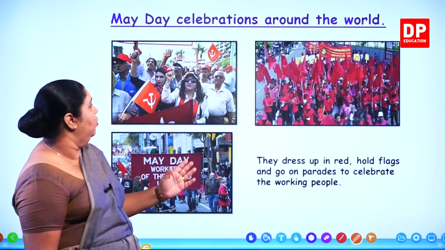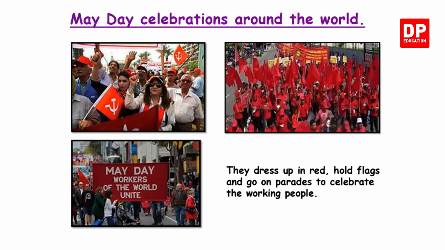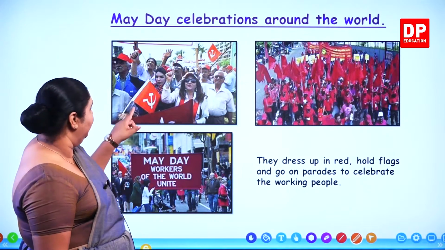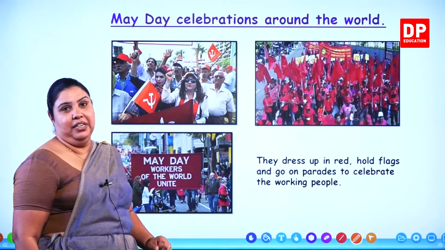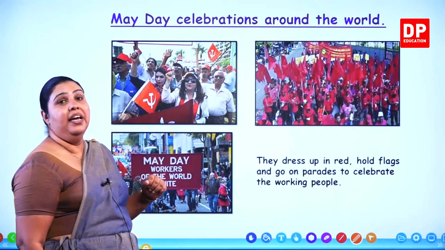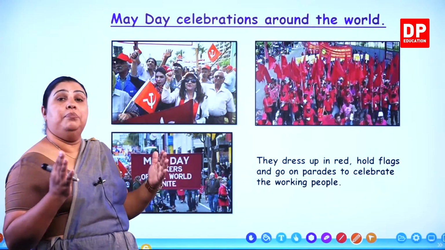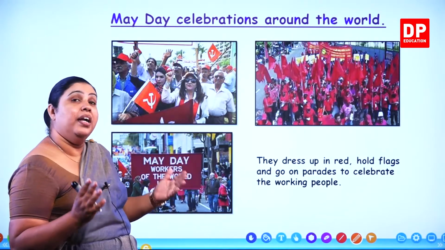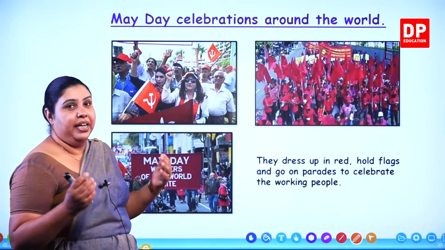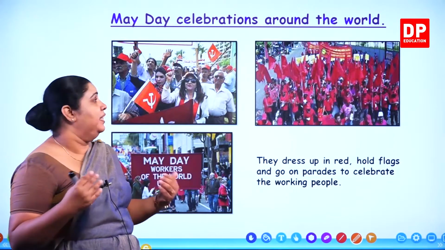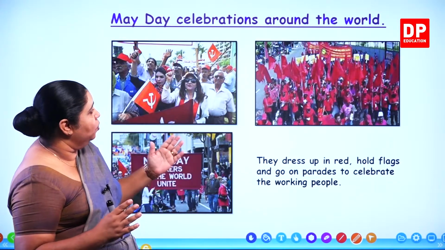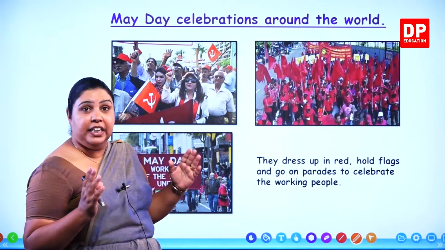Right? This is how they go. They hold the flags. Can you see? Can you remember? I asked you whether they are garden tools. Can you see? This is the symbol of the working people. They celebrate the May Day, commemorating all the people who work, all the hard-working people. So they go in procession, thinking of them, celebrating them, and everybody is so enthusiastic as working people.